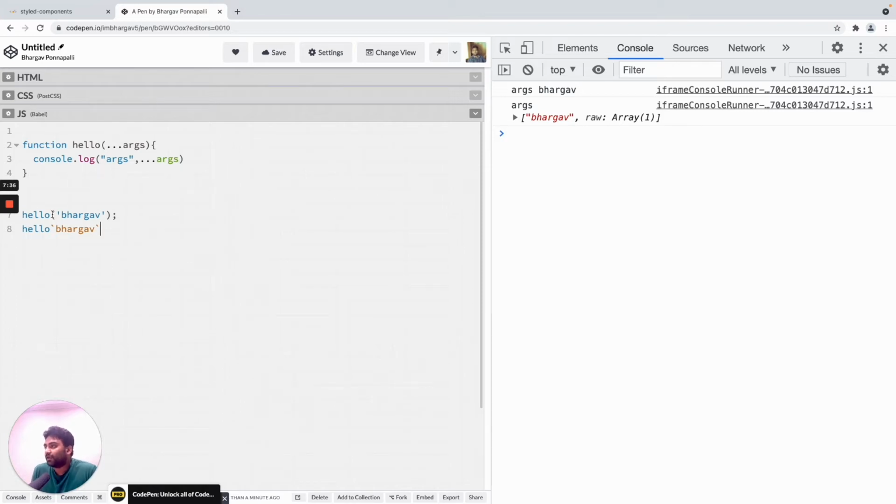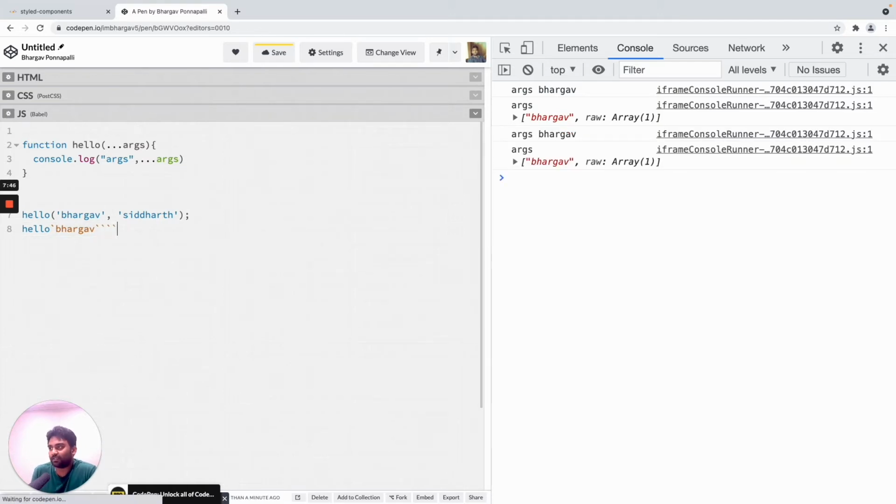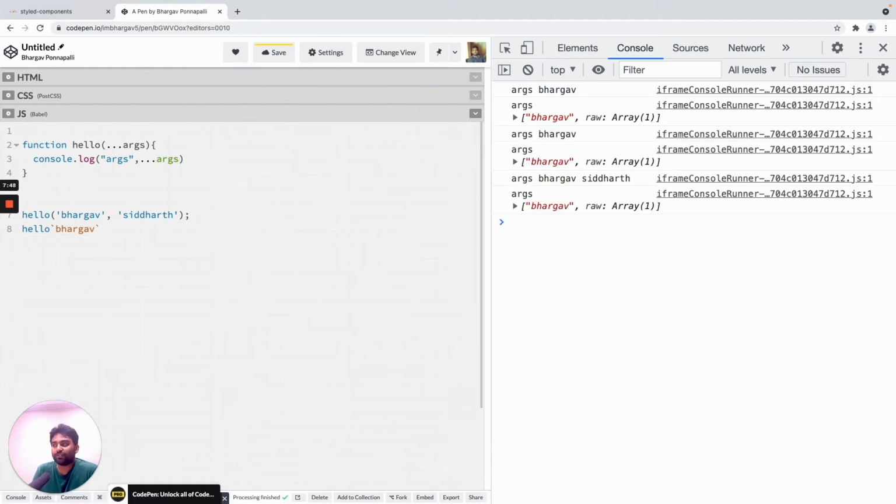And actually, with this function call, I can pass in multiple arguments. Say Bhargav, Siddharth, something like that. That's fine. But how do I pass in multiple arguments here? I can't do this again, right? Because that will become a higher order function, and we simply don't have a higher order function. This is a simple function. So how do I do that? This is where the exact use case of tagged template literals comes in, which is meant to pass arguments in a more intelligent manner. I think I can make that more clear when I show you this example.